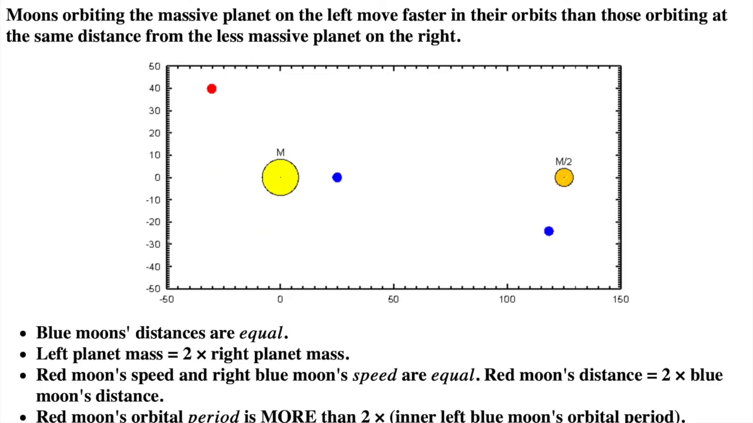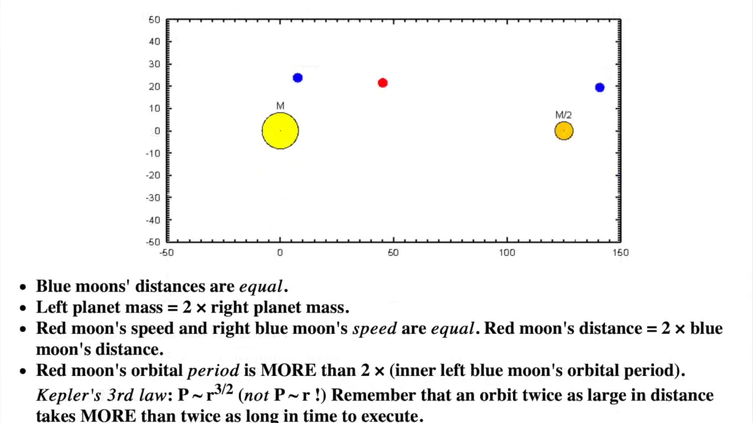Satellites moving around a massive planet orbit faster than satellites at the same distance from a low-mass planet. That's illustrated with the blue moons, which have the same orbit size. Other stats for the moon orbits are given below, and notice that the red moon's orbit is twice as big as the blue moon's orbit, but its orbit period is more than twice as long, as given by Kepler's third